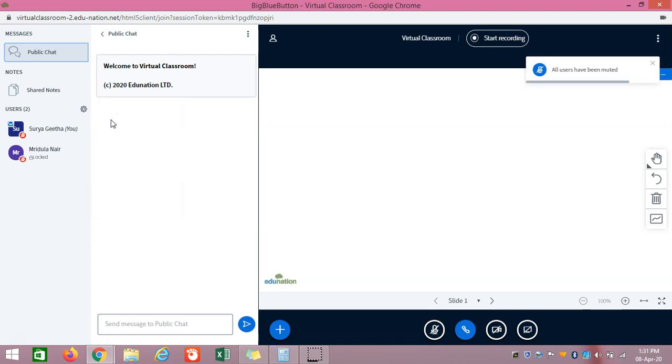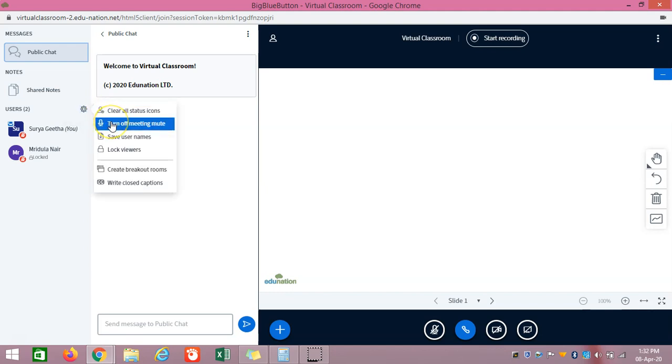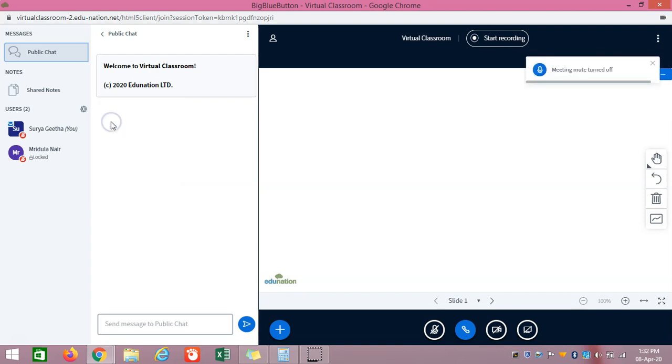You are now muted. All the microphones will be muted, and if we are playing a video, only the video will be played. We can only hear the sound of a video or the presentation, whatever it is. No other disturbances will be there. This is the best option when we don't want other disturbances to affect the class. Okay. Then the next option is, as I have put muting, that's why it came, then you can turn it off again.